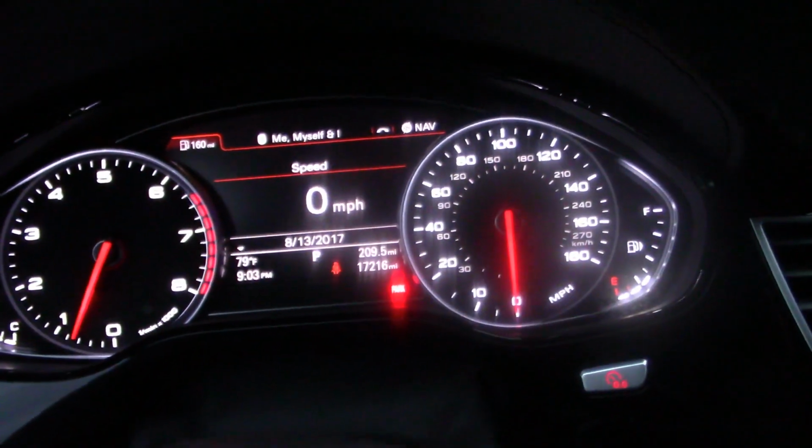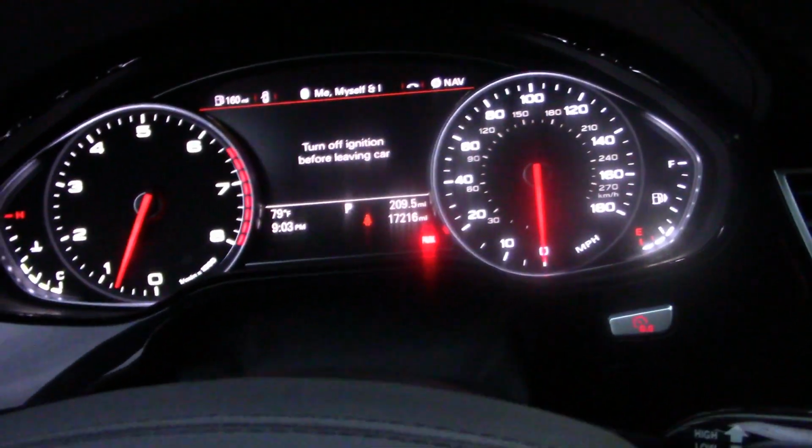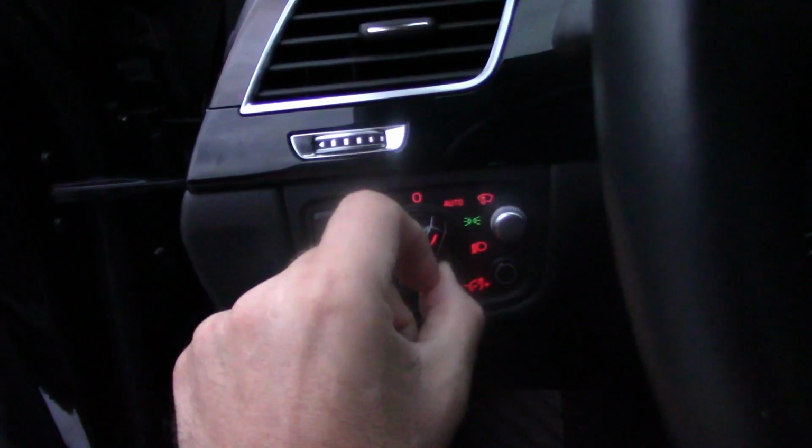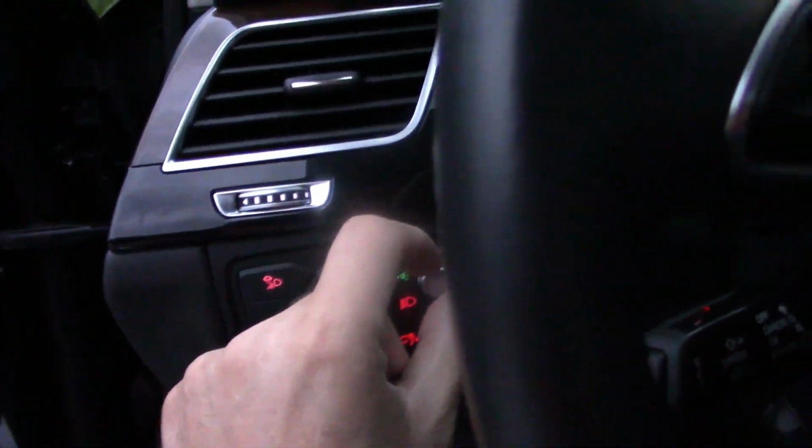This particular model is equipped, I'm going to open the door here so it's going to yell at me, but this particular model is equipped with the auto LED headlights, which are really nice, as well as the, I'm going to close the door here so that we can actually hear what I'm saying, but as well as the heads-up display, which I'm going to turn the headlights off so that you can maybe see it. There it is. It gives you navigation information as well as your speed readout, which I've always appreciated. A good heads-up display, and I don't know why more cars today don't have them. I've actually owned a couple of cars that have,